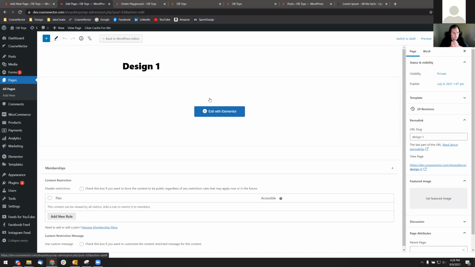And the reason for that being is Elementor is another block editor similar to Gutenberg, but again, like I said, more design friendly, more design heavy. We try not to build too many pages in Elementor, and the reason for that being is it's a little code heavy, and a little bit slower to load. So it's kind of like this trade-off that you have to balance. Okay, do I want this page to be fast to load,